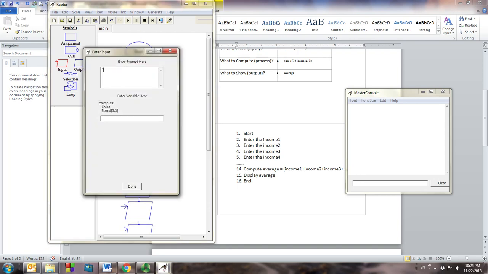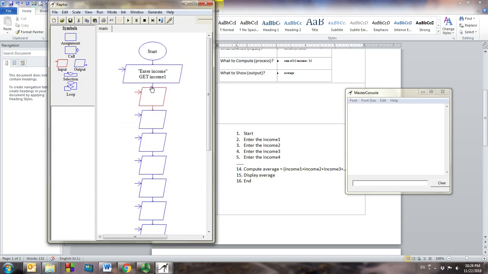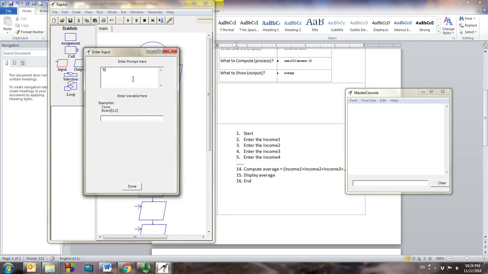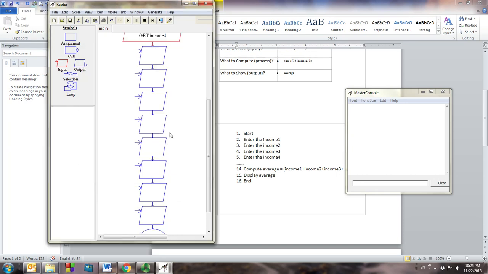So we say enter income. So this is the first income, but here we need to say, as we mentioned earlier, that we need to change the name of the variable to make it income 1. Now here I'm going to say the same thing, enter income, and we say income 2, income 3, income 4,